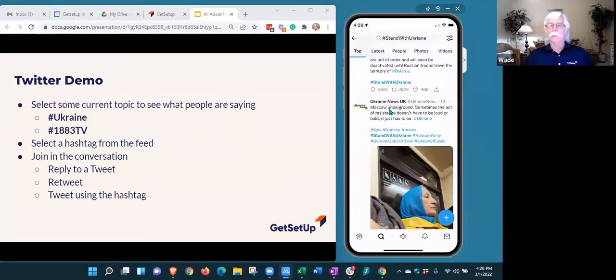Now, this is where you're just consuming information. You're just surfing around trying to get information. A lot of people on Twitter are primarily that, which is typically called a passive user. You're absorbing information. Some people never tweet anything, never interact at all. But there are several levels of interaction.